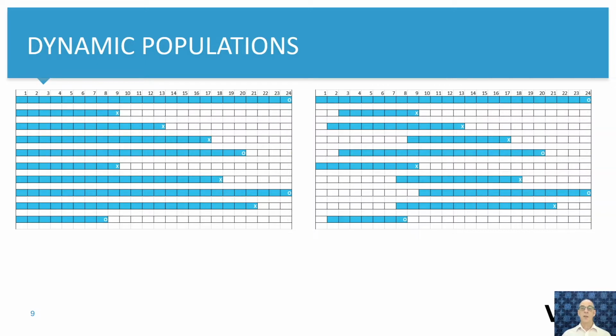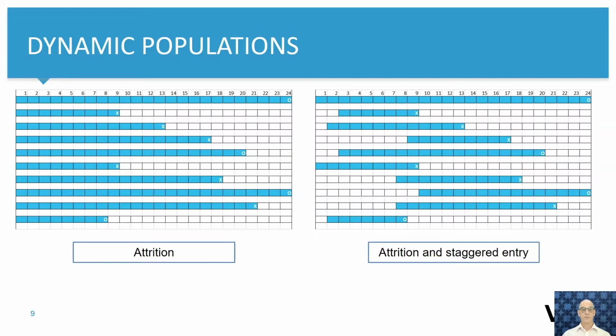We are more likely to deal with a dynamic population. That's a population where people leave the study during the follow-up period. So not everybody is being followed up until the end of the follow-up period, like denoted on the left. In addition, it can also be that people enter the study late, not all at the same period in time, but actually during the follow-up period, which is denoted on the right. The first situation we call attrition, loss to follow-up, and in the second situation we have both attrition and a staggered